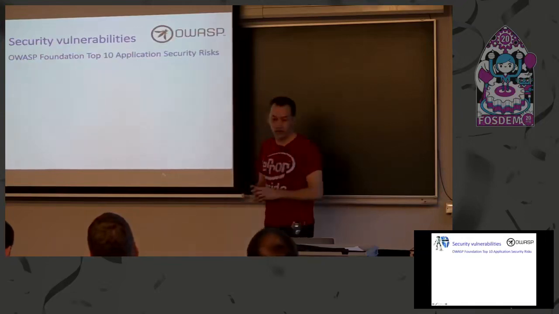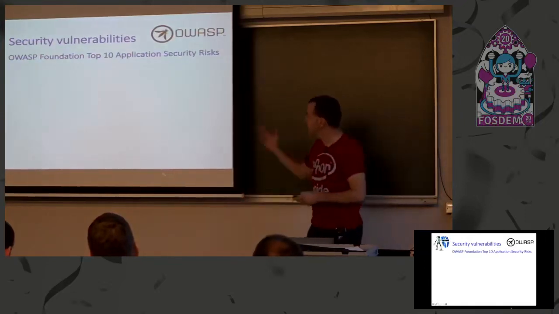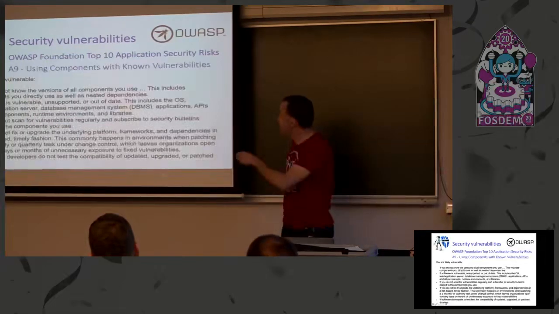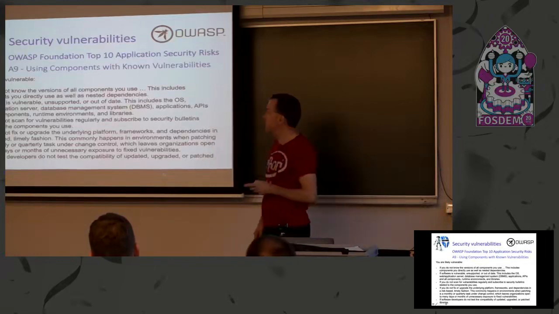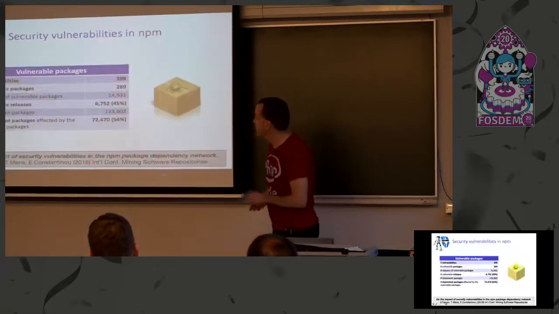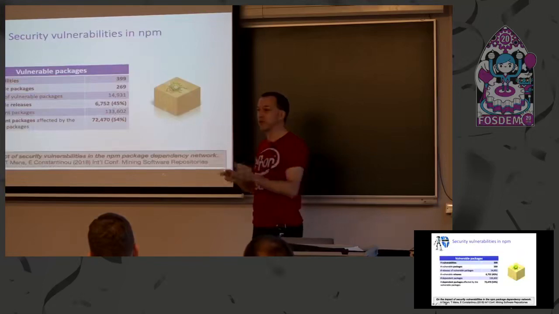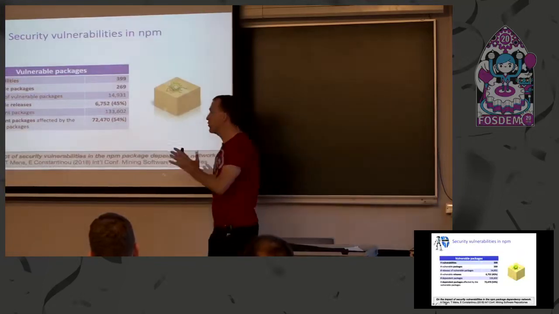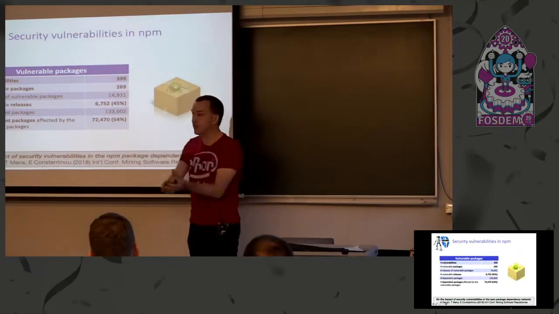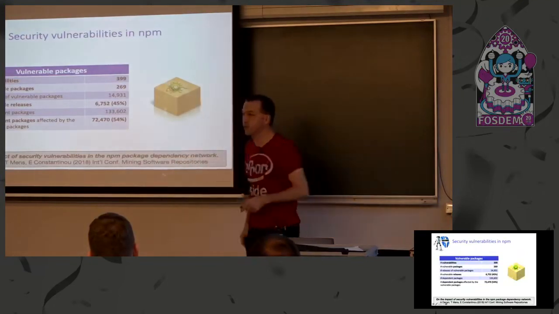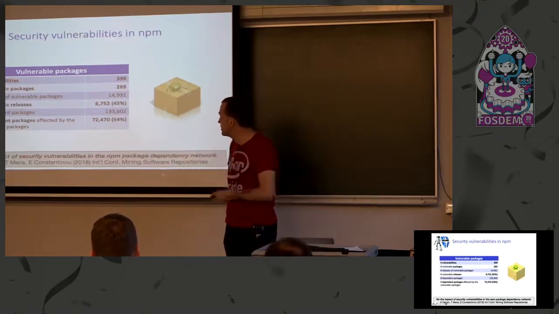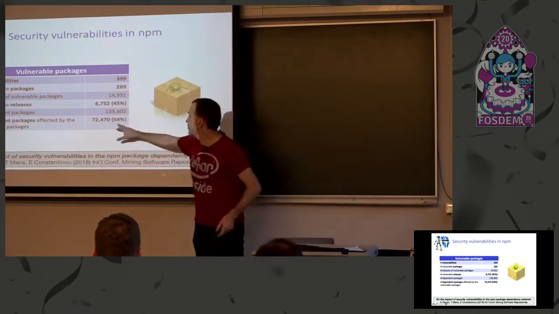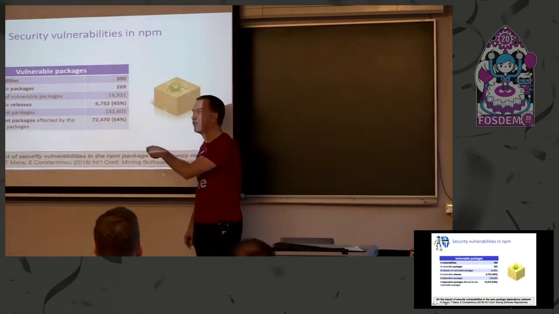Then you have, of course, the notion of security vulnerabilities, so the effect of depending on components with vulnerabilities is one of the top 10 application security risks by the OWASP Foundation. So there we did a small analysis to quantify to which extent security vulnerabilities in packages may affect dependent packages. This was a smaller scale study because we didn't have access to lots of vulnerabilities. So only 399 vulnerabilities in 269 packages, but in total for the dependent packages this affected like 54%,